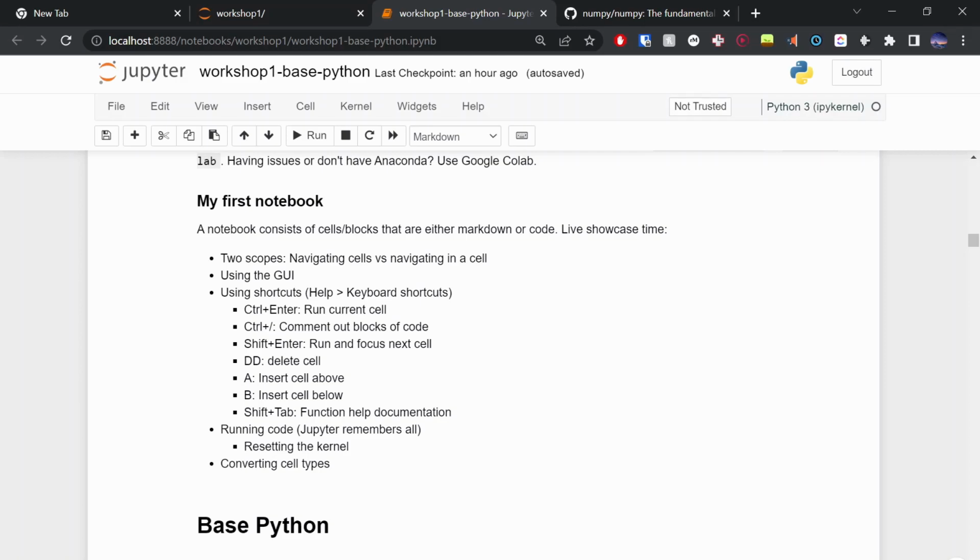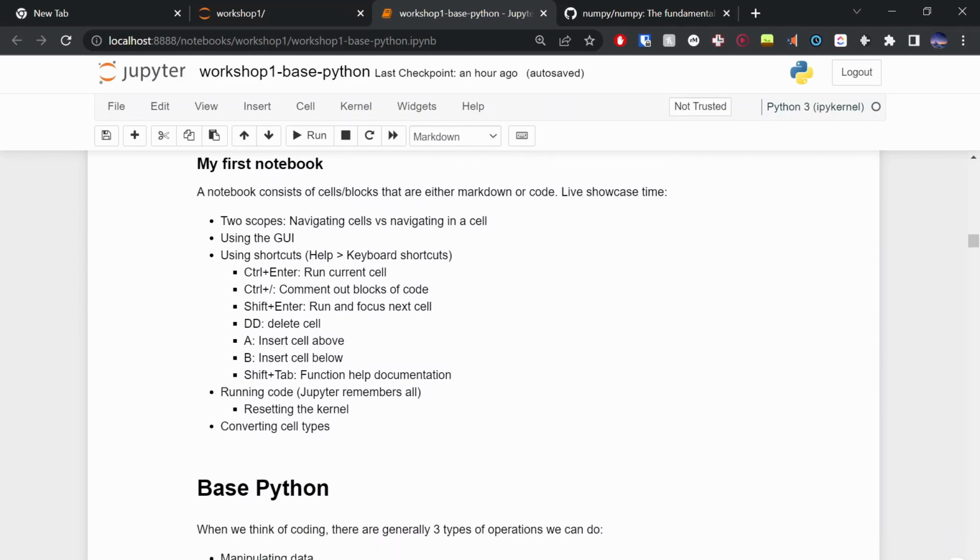So I can run a code cell at the bottom of my notebook, then one at the top, and I can intersperse them. This has its quirks, meaning that it remembers what you previously ran, even if that cell doesn't exist in the notebook anymore. Because of that, you might need to restart your kernel every once in a while just to wipe its memory so that it starts again. But we'll cover that a bit more. At the moment, let's look at navigating cells.